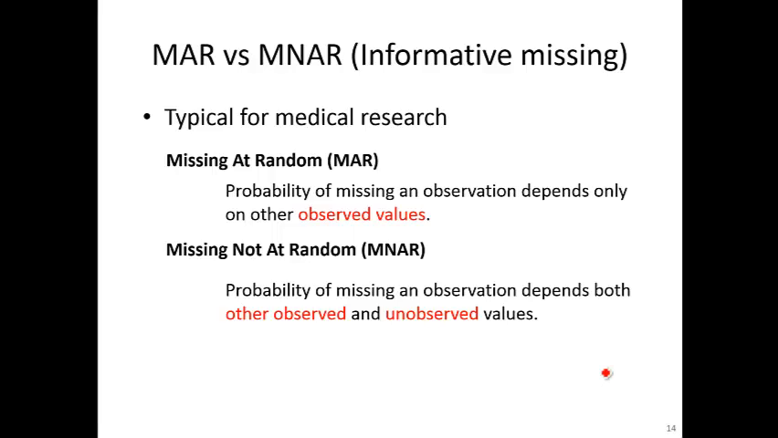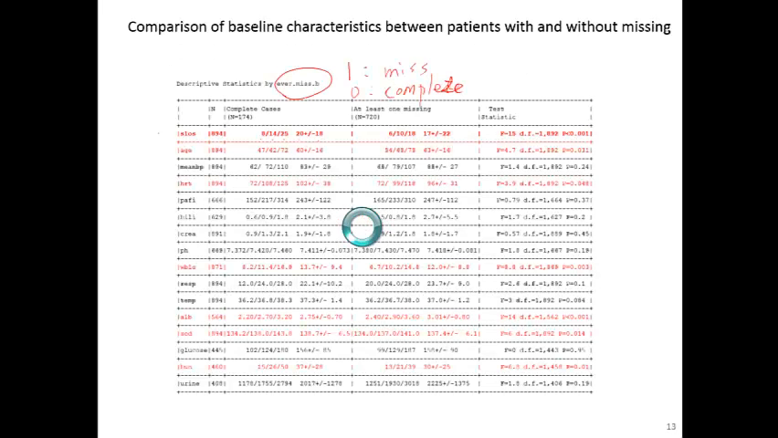Okay. So next two types, missing at random and missing not at random. Missing at random is different from missing completely at random. In missing at random, the probability of missing an observation depends only on the other observed values. So let's see, in this regression, you have these many independent variables. If you can explain who is missing on BUN with other observed variables, then you have missing